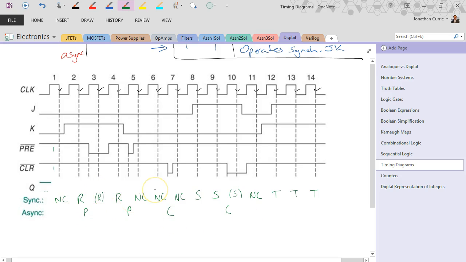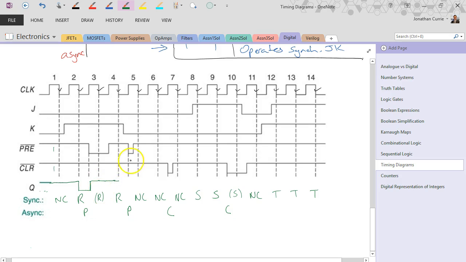Right, so reasonably complicated example, but let's have a look at what it looks like when we draw it. So for the first edge we have a no change, through to then we have our reset, 0 and a 1 on the reset. Then remember, our asynchronous inputs don't have to be synchronous to the clock, they can happen at any time. We have a preset going active, remembering they're active low. Carry on forward. Normally we'd have a reset on the next clock edge, but the asynchronous inputs take priority, so we continue on